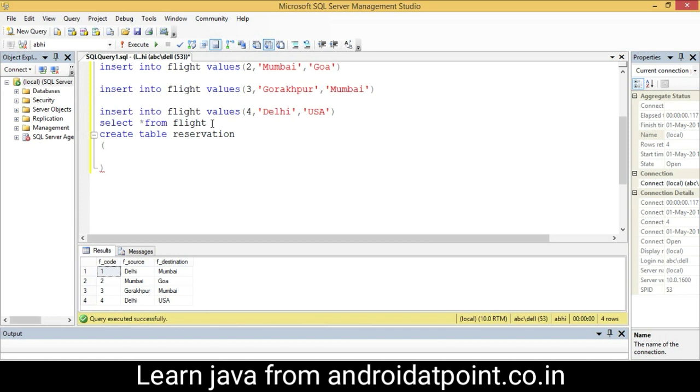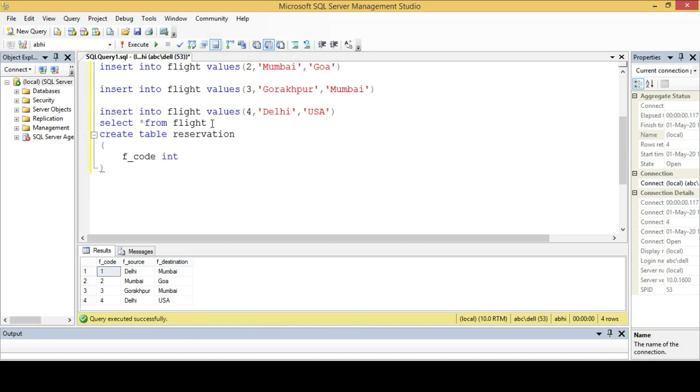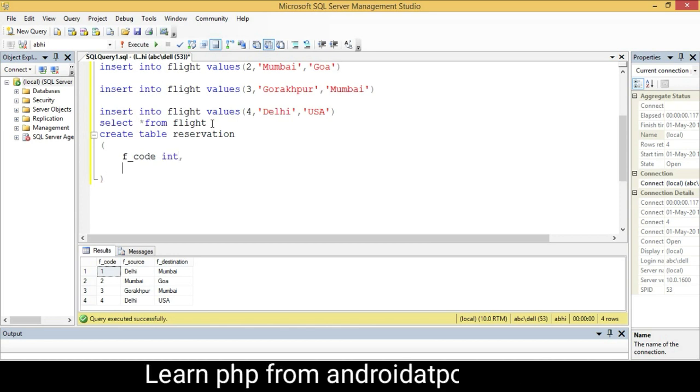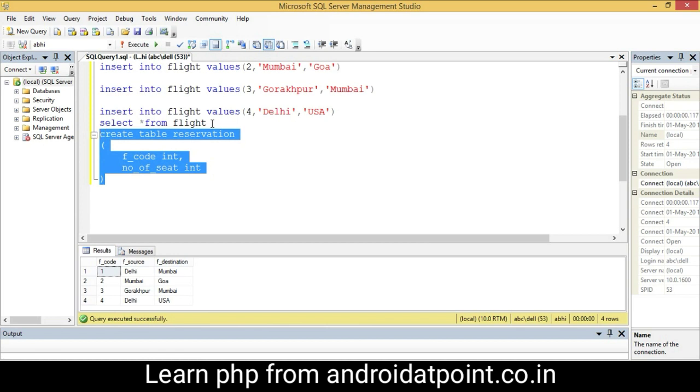We need a common column in both tables, so I am going to create a common column in both tables: F code, the flight code, as int, and number of seat as int. Select it and execute it.